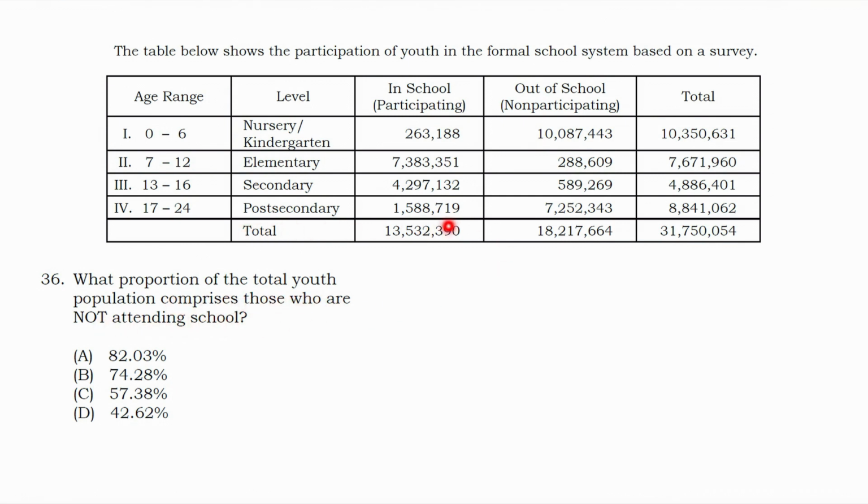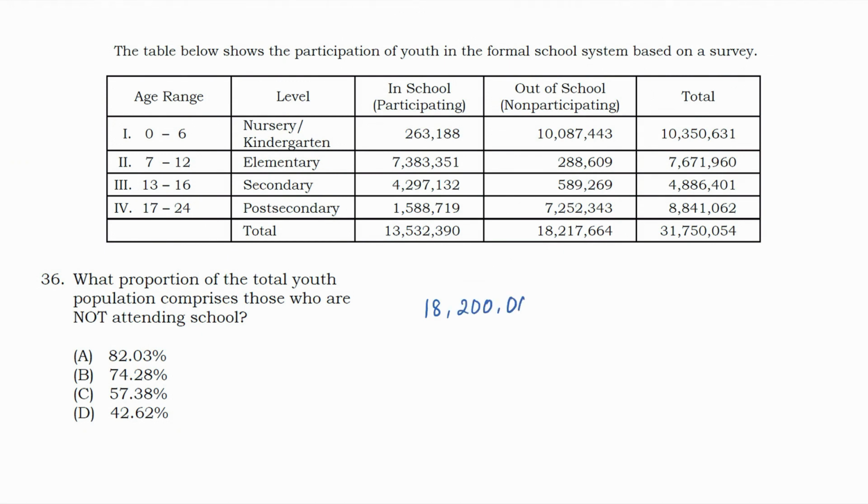So, nandito yung mga total nung kada category. So, ito yung total ng out of school. And then, this one is the total number ng lahat ng youth population. So, pinapahanap sa atin is yung percentage or yung proportion nila. So, 18 million divided by 31 million. So, ganun lang natin siya isosolve. So, ako i-round off ko na lang to the nearest 100,000 since wala tayong gagamiting calculator. So, we have